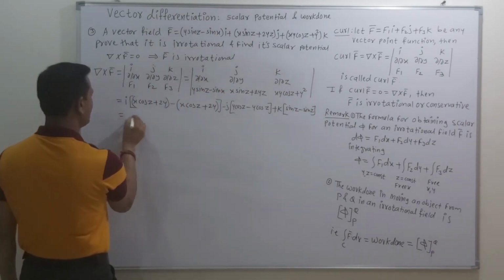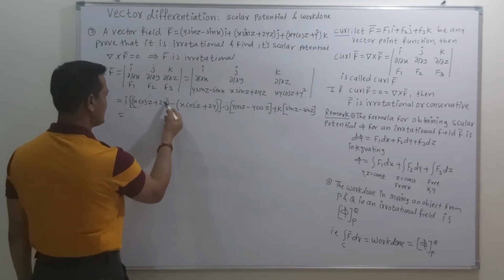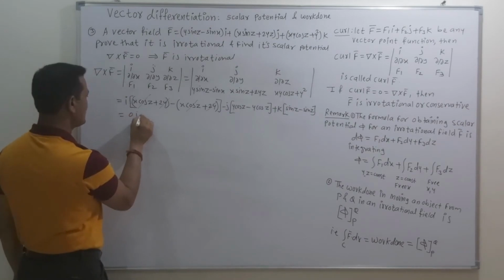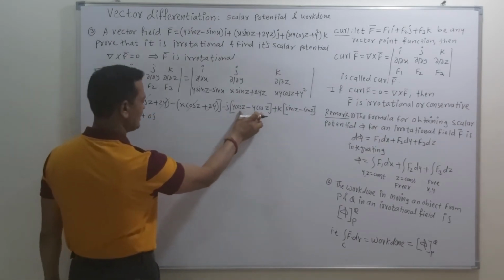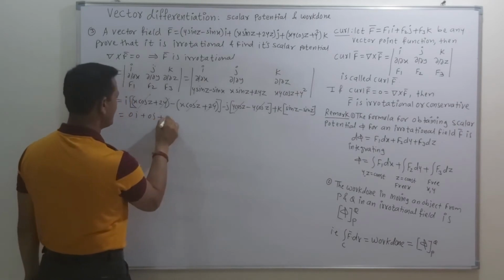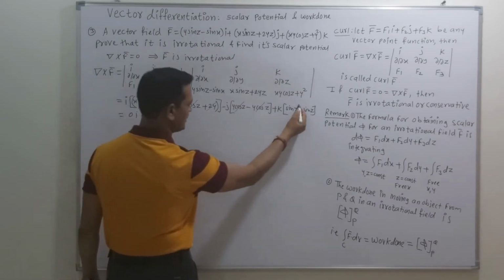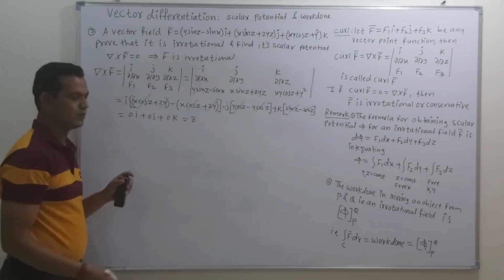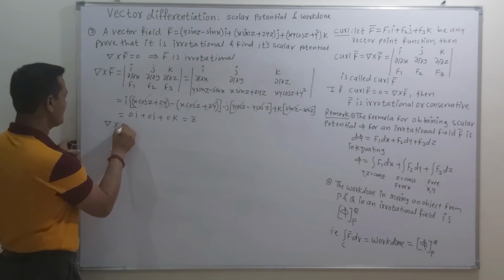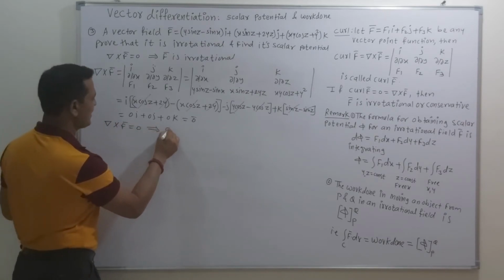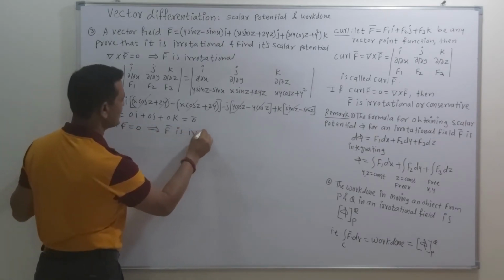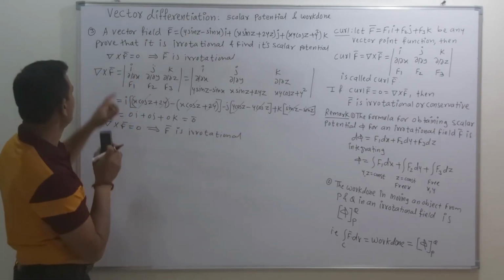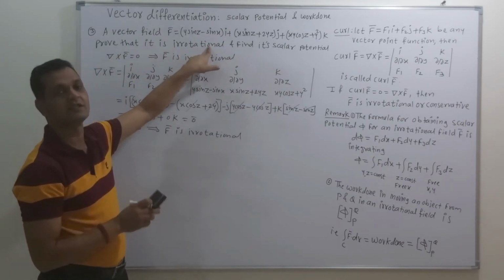Now here friends, we get this as plus, this is minus, this is again plus, this is minus. So because of this minus sign, we get this as 0i plus this term is 0, so these two will get cancelled, plus this is 0k, because these two terms will get cancelled. So that means we get the value of this term as 0. So as the value of del cross F bar is equal to 0, this implies that F bar is irrotational. So the given vector field is irrotational, and that is the aim of our first question, to prove that this is irrotational.